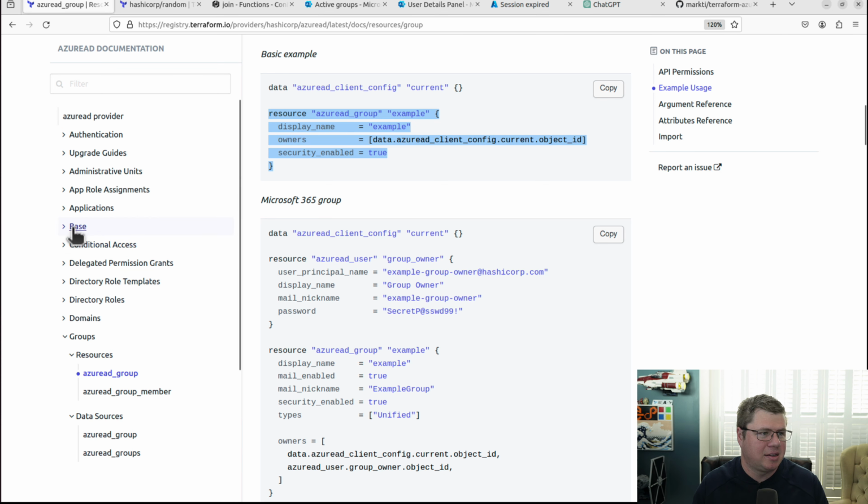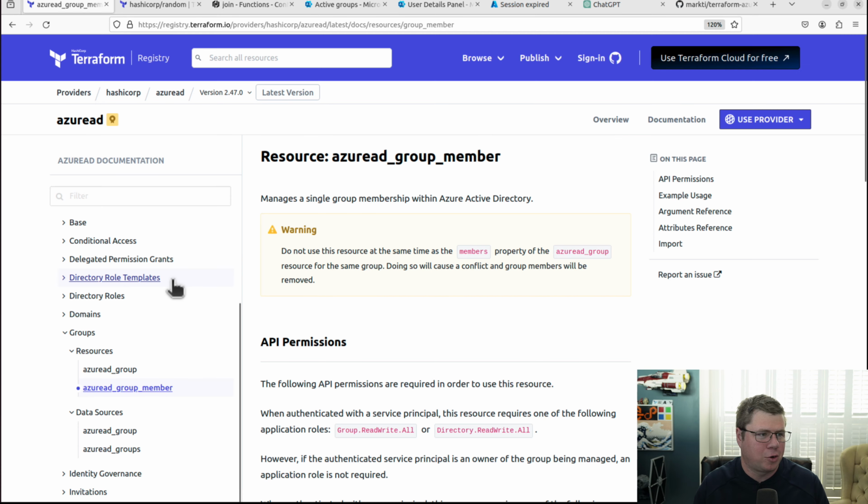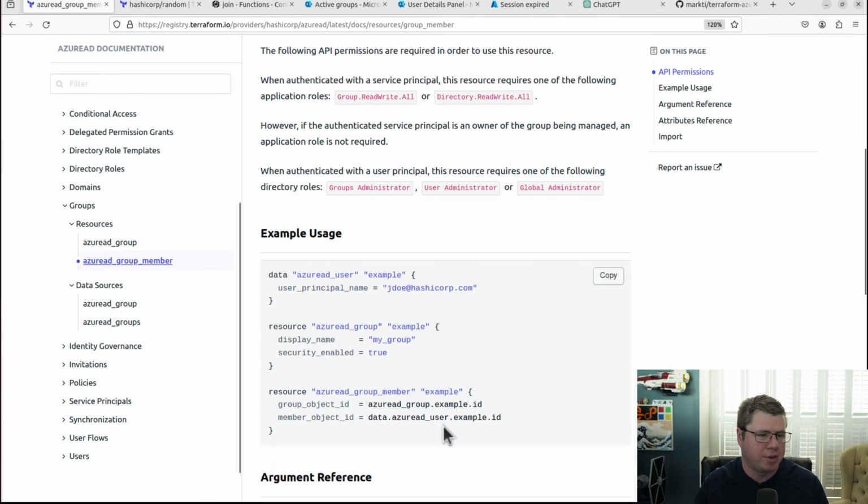A lot of the Terraform documentation has the top level or the most important proper nouns. Those are nouns that are usually capitalized. That's how you know you're dealing with a proper noun, an important entity type within the provider. They are grouped under that proper noun, and then related types are nested within there. So group member is one of those types, and group member is a great example of one of these little